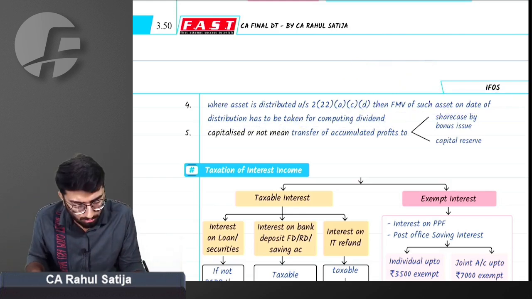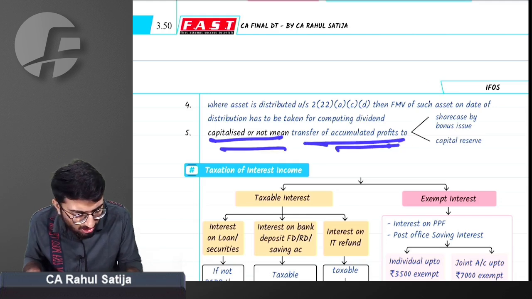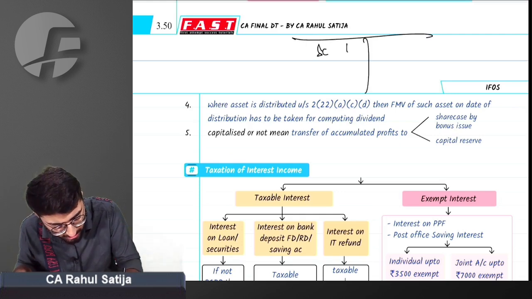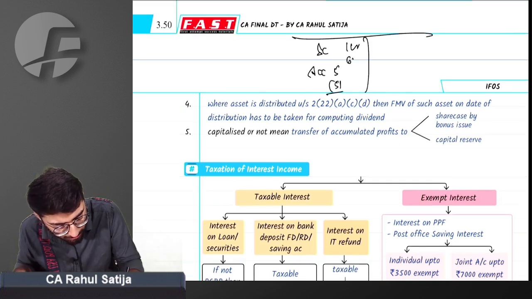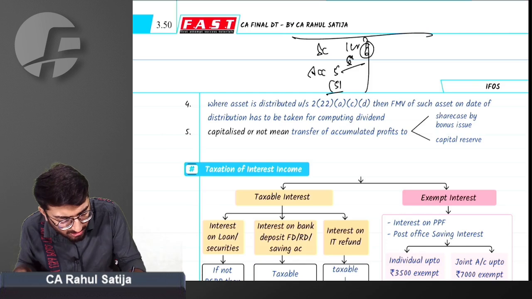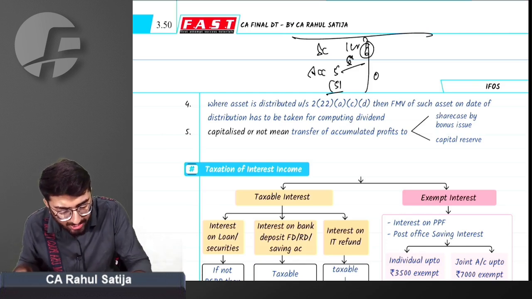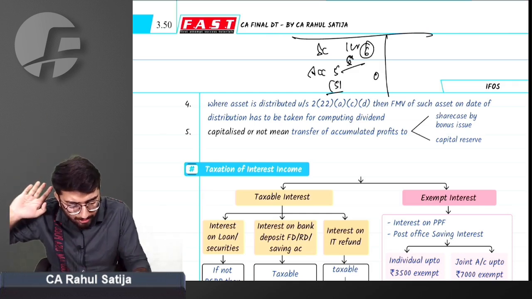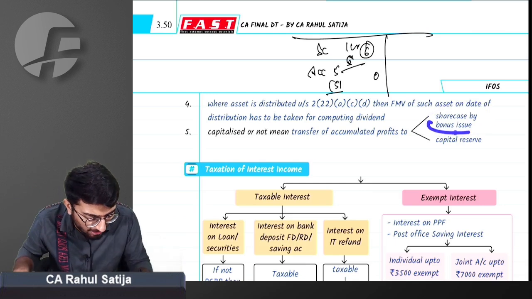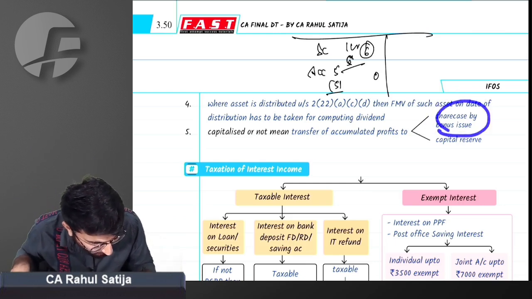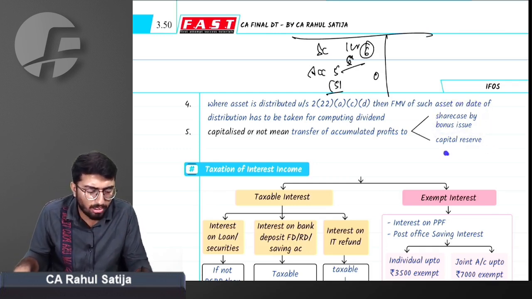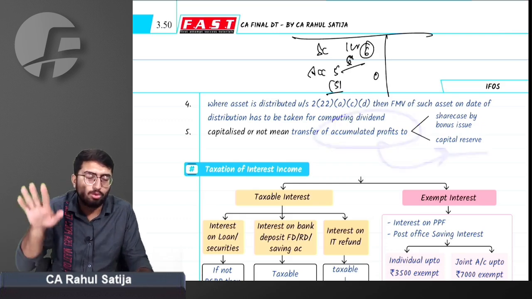Whether capitalized or not means increase in bonus capitalization. What it means, sir? For example, if the company has share capital of 1 CR and accumulated profits of 5 CR, and the company distributes bonus of 5 CR and increases the share capital, can I say that now share capital is 6 CR and accumulated balance is 0? Can I say that this accumulated balance has been capitalized to share capital? This is what we call capitalized or not. Share capital is issued by bonus, or it can transfer these accumulated profits to reserves. These are two ways of capitalizing.